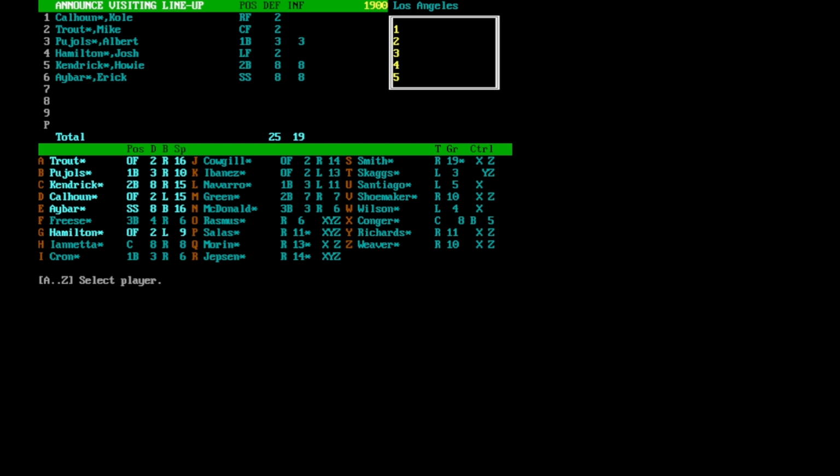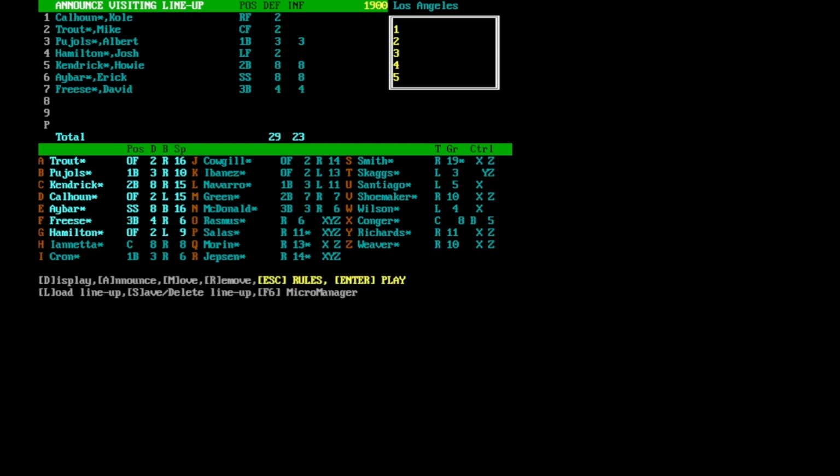David Freeze, player, there we go, so far so good here. Now we've got Iannetta or Conger at catcher, we'll go Iannetta, batting 8th, and catching, I selected the wrong player, so we'll fix that in a minute. Remove Crone, I wanted to announce H. Iannetta, batting 8th and doing the catching, and batting 9th,